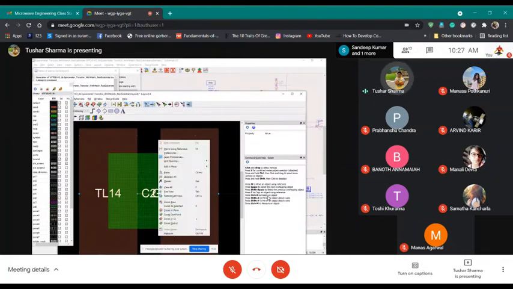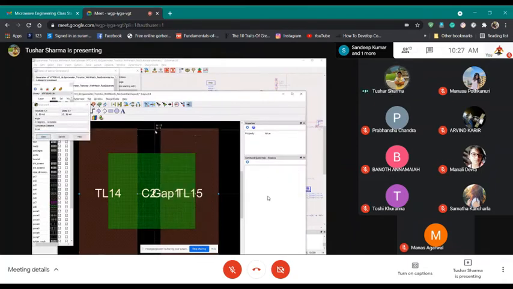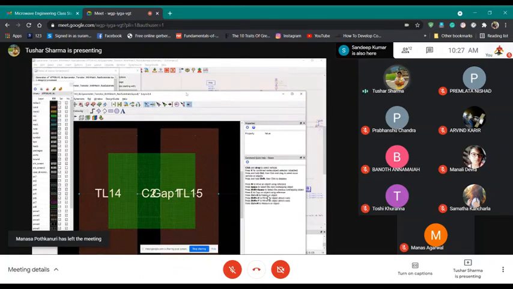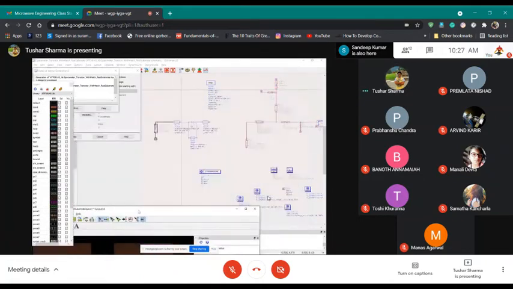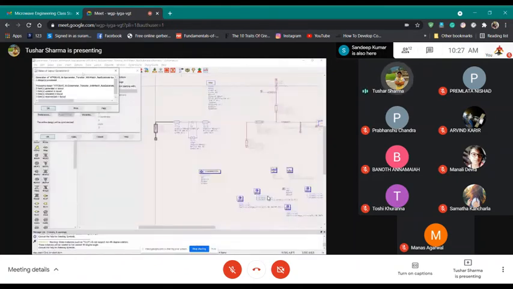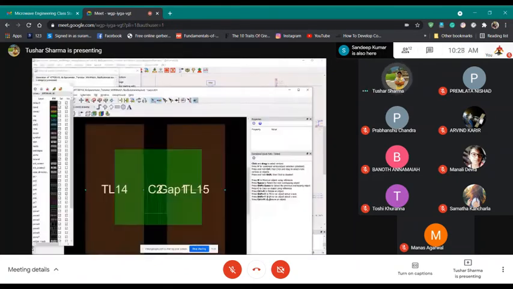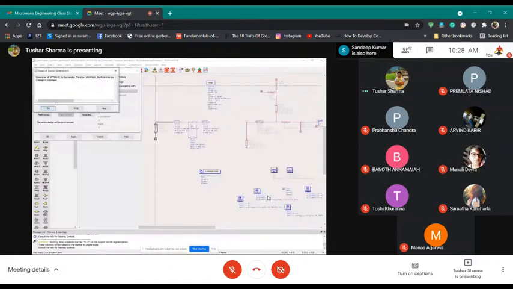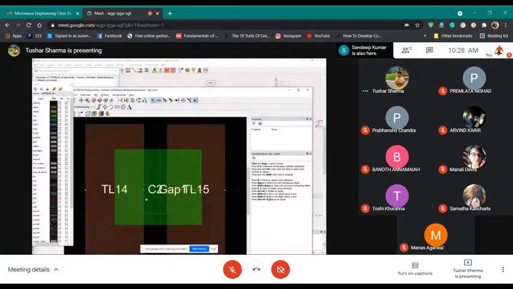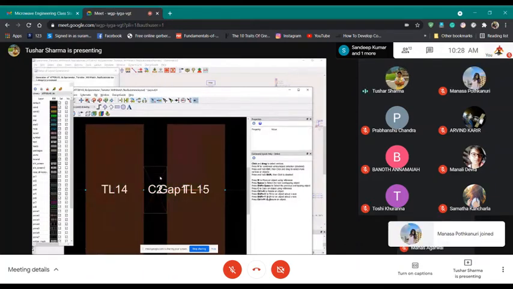So you can measure, right click, measure. This gap is, this is 20 mil gap. Why is this 20 mil? Oh, it hasn't generated yet. I will have to do apply. And okay. So this is my C2, and it is showing C2.